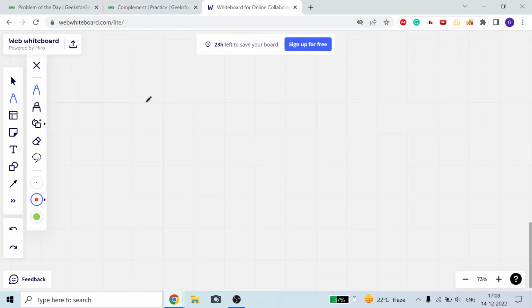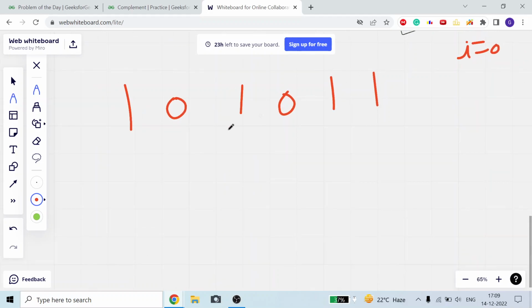Suppose this is the string 0 1 0. Now suppose this string is given to me, I will take a variable I, initialize it with 0, and while I have 1, I don't need to take it, meaning I will be at the first 0 in my string.